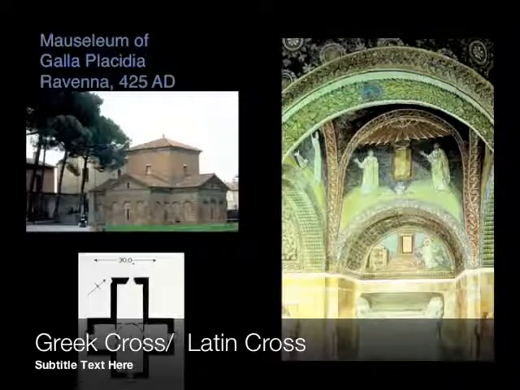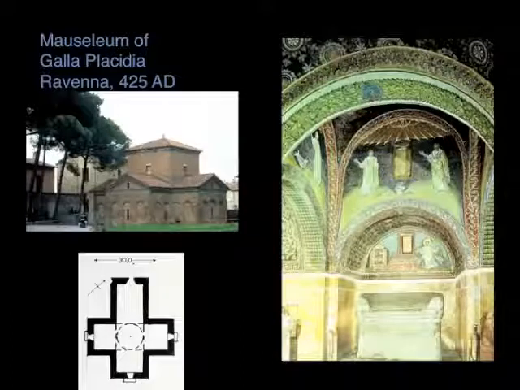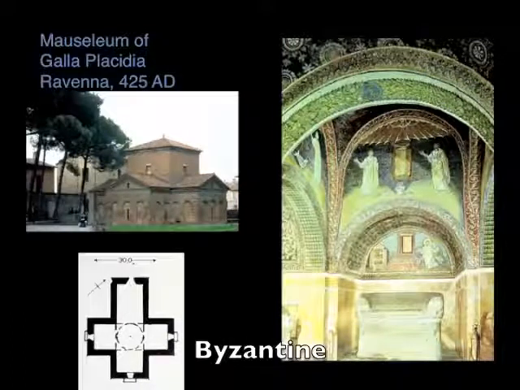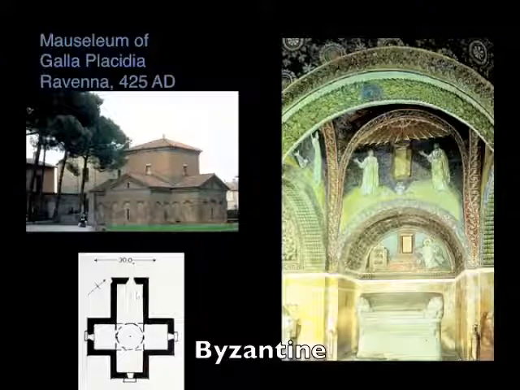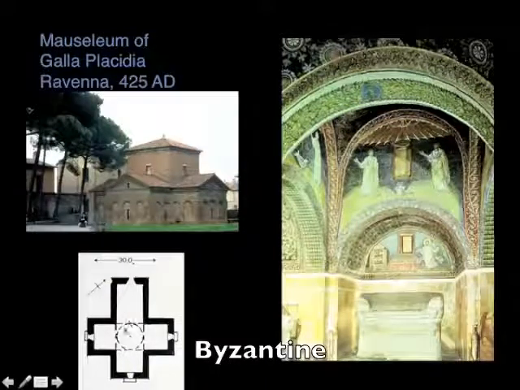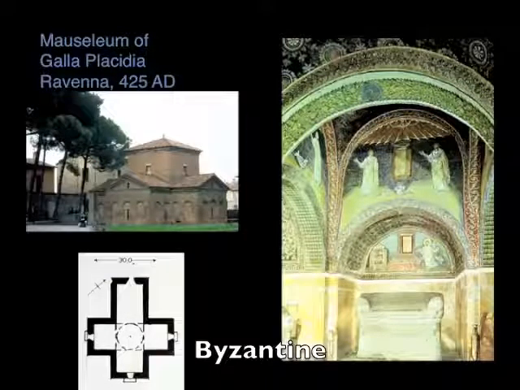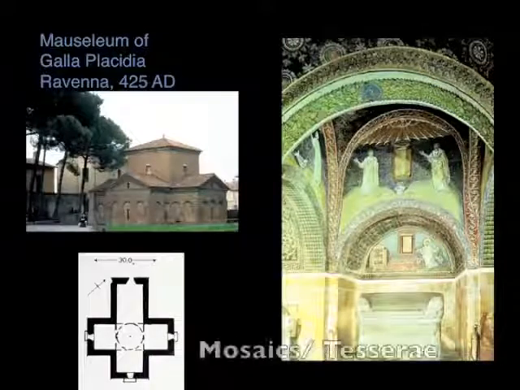In fact, we would probably call this a Greek cross, though it's not quite a Greek cross. But if you have a centralized plan that's cruciform, that's a Greek cross. And the plan type of Greek cross is something you see a lot in Eastern Empire architecture, which we call Byzantine architecture. So this is a little bit extra long, but pretend it's not extra long. It really seems to be centric. It seems to be organized around its center, but it also has this cruciform description.